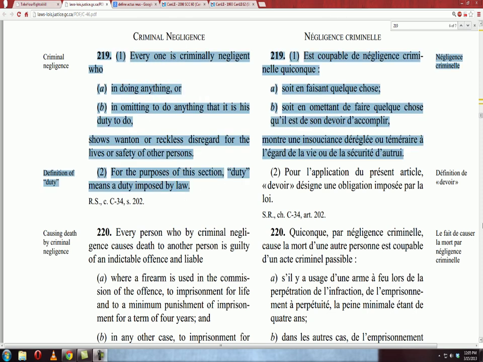So, because this is an offense under the Criminal Code of Canada, it is a criminal offense. As somebody who is a victim of negligence, you also have the ability to sue in civil court. There's what's known as civil negligence. Civil negligence is very easy to prove if the party that you're suing has already been convicted of criminal negligence, because negligence has already been established.